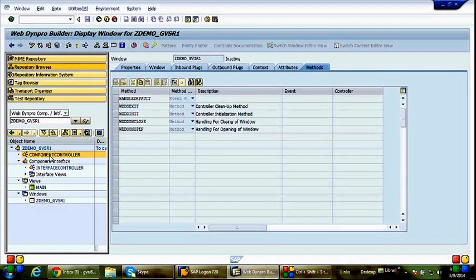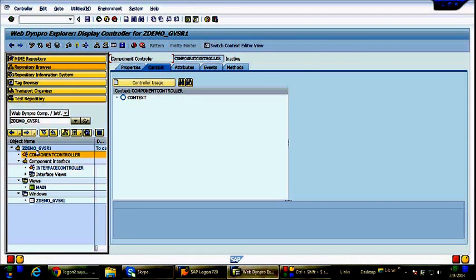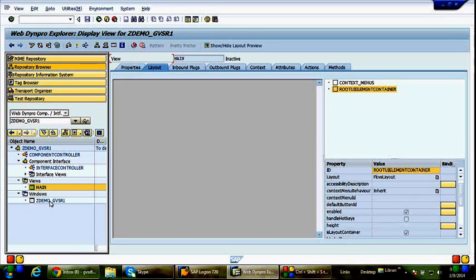The basic thing is that each Webdynpro component is going to have only one component controller, any number of view controllers, and any number of window controllers. And one more thing,